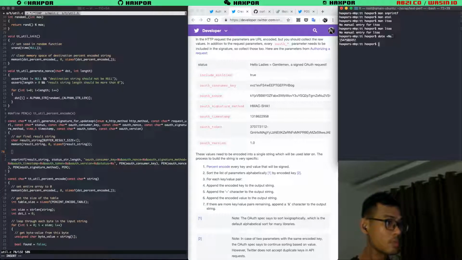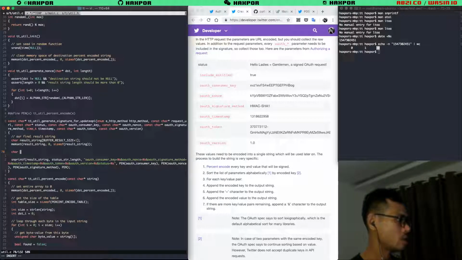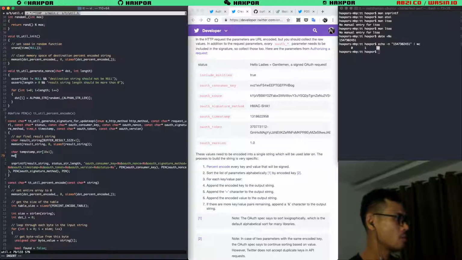Okay. So I wanna see how long of a timestamp string that outputs here. Okay, code. So 10 characters, I'm gonna allocate 10 characters here. Timestamp string 10, and remember, +1 and memset every time, because garbage values might get into our variable, we don't know, so this is to make sure.